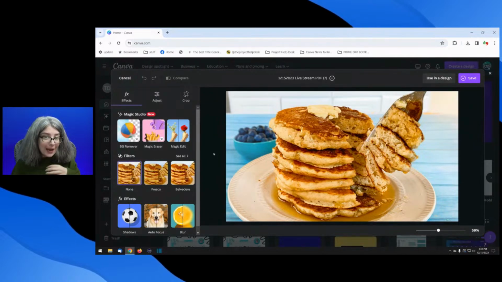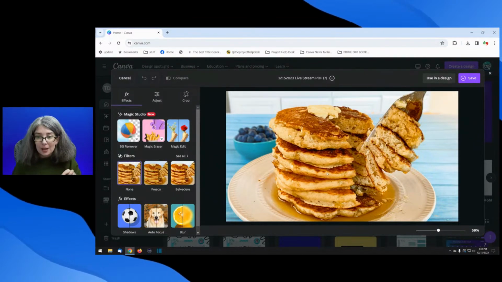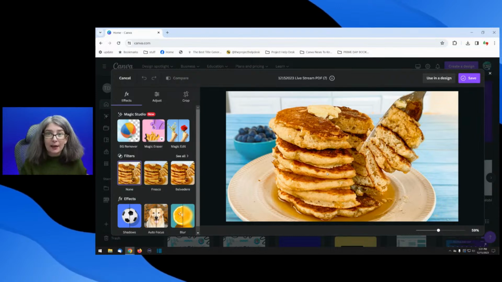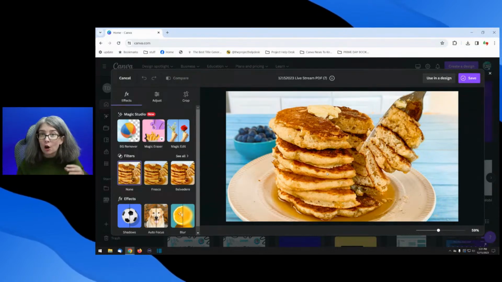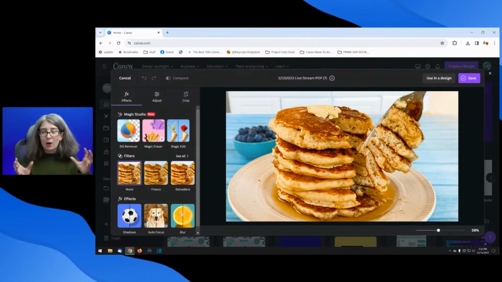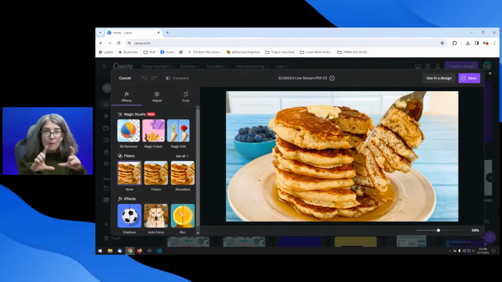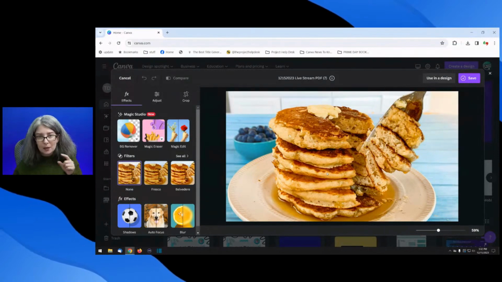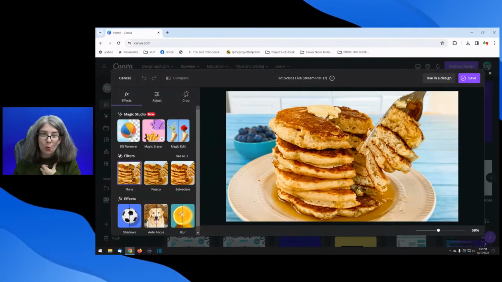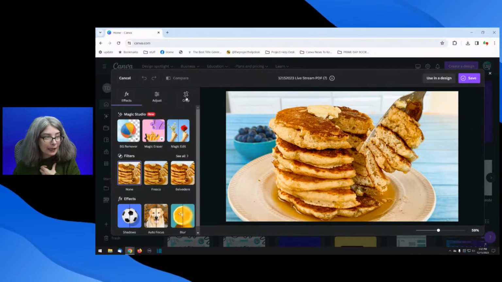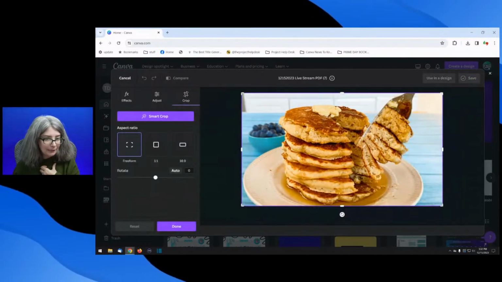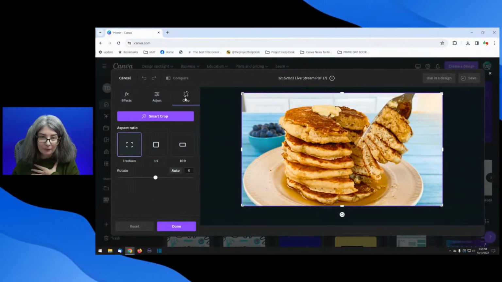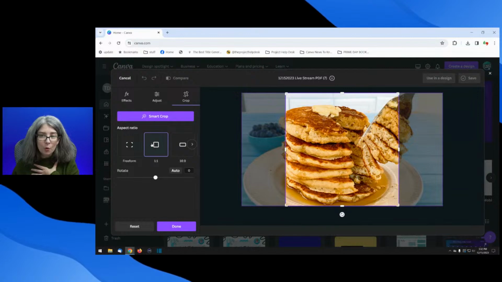And what I love about this is that if Snazzy Vegan Life decided she wanted to share this image on her community tab, and you know how on YouTube community tabs, it will make it square anyway, and someone has to click on it to expand it. Well, she could just make the image square by simply clicking the crop button, right? The crop button. And then clicking 1-to-1.